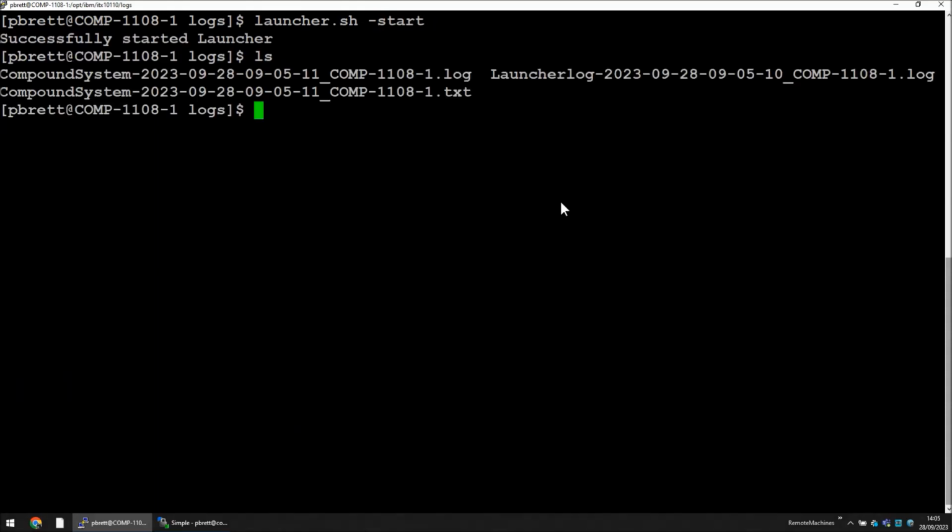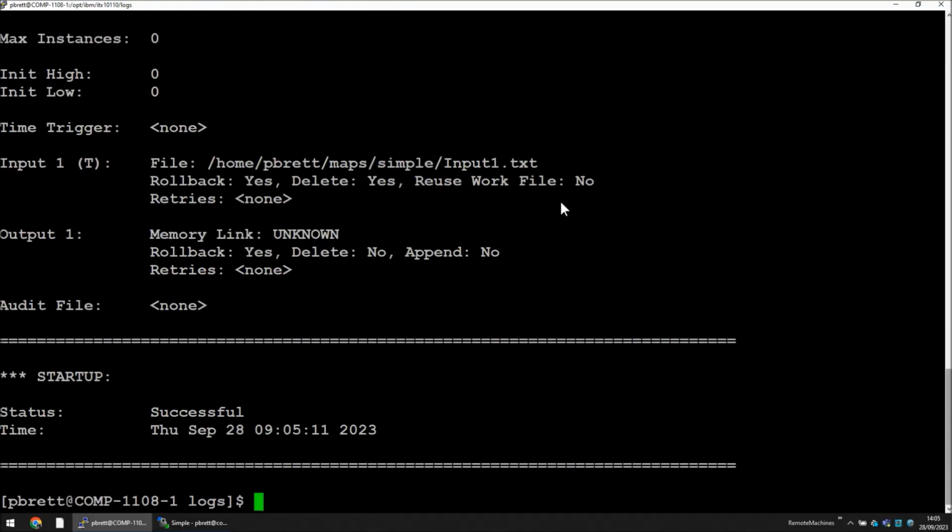Looks like we have a successful startup. Checking the content of the log just in case. Okay, this all looks good. Although I don't have a way of making the launcher hang, I do have a way of making the launcher crash. This is a trigger file that will start the map, and I know that this map is going to